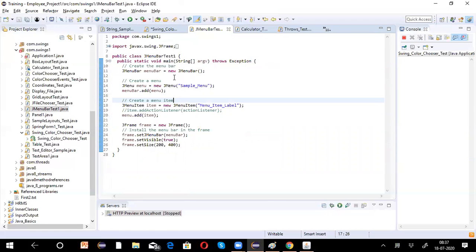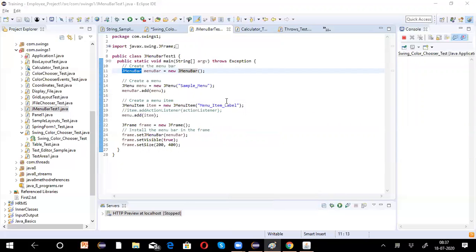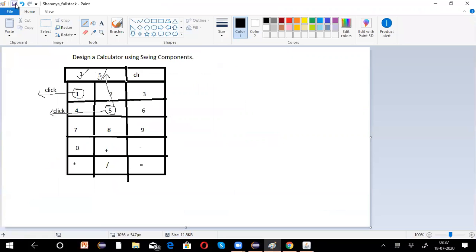Just like labels, buttons, text fields, text areas, you have something called menus. You can implement menus, which is JMenuBar. To the menu bar you can add menus.